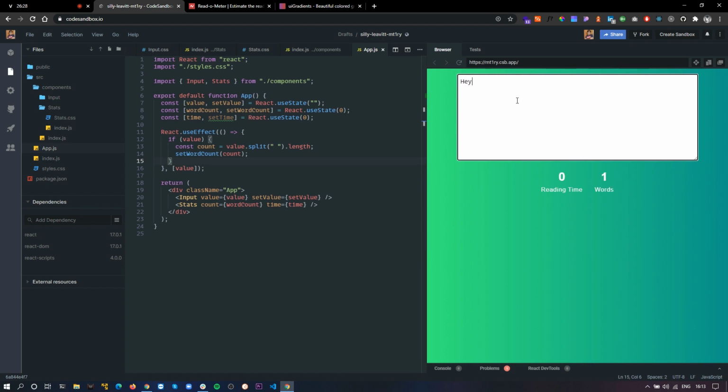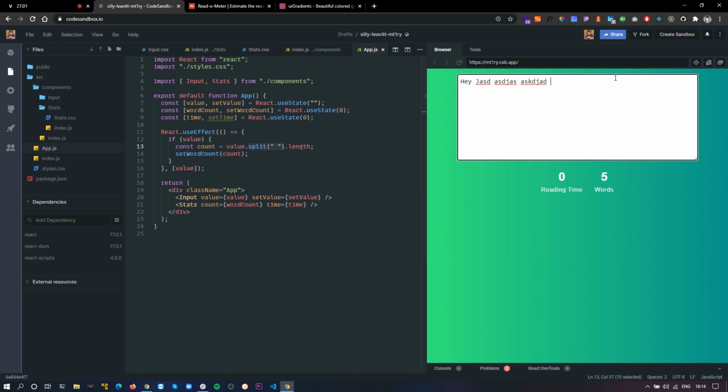So let's say if I start typing, it says 1 words. Now this is 2 words, 3 words, 4 words. Now if you notice one thing, right now it contains 4 words, but it shows 5 words. That is because I've introduced a space in the end of my sentence. So when we split it, it will form an array. The first 4 elements will contain actual values, and the last value will be an empty string.